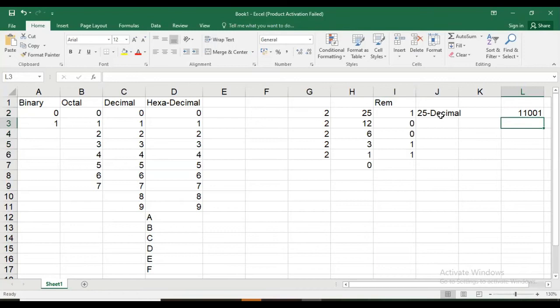So when we want to give input 25 to the computer, that signal goes in this form: 1 1 0 0 1. So 1 means what? On, then off, and on. This is how the computer takes input. So this is the conversion of decimal to binary number system. Now we are going ahead.